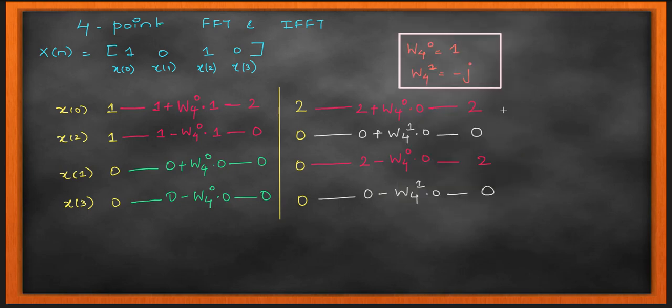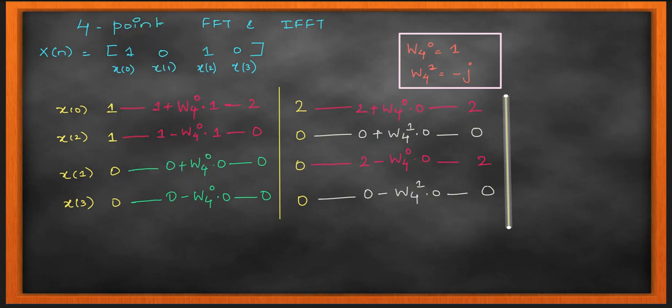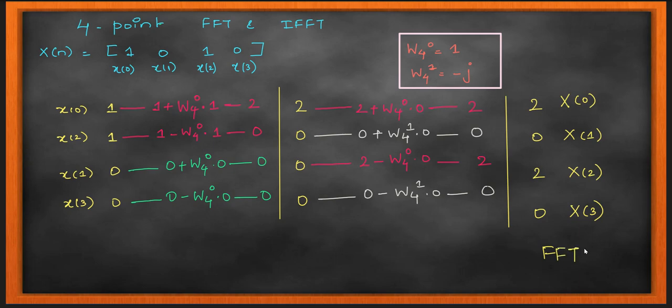So let's look at stage 2. Now let's count how many multiplications and additions I have for my stage 2. Again, I see 4, right? 2 additions, 2 subtractions, and 4 multiplications. So for my stage 2 also, I have 4 multiplications and 4 additions. Alright, so now I have computed stage 2 and I got the output as 2020, and that is your